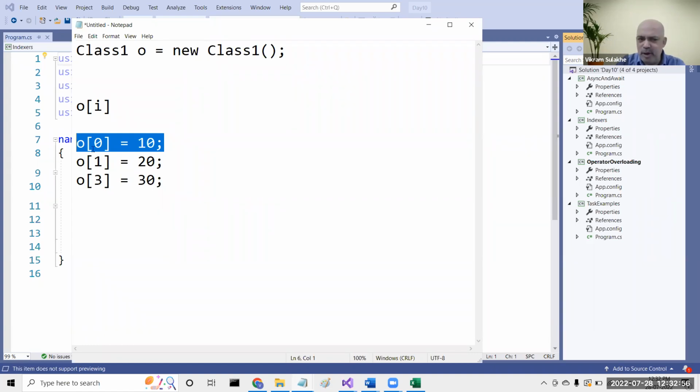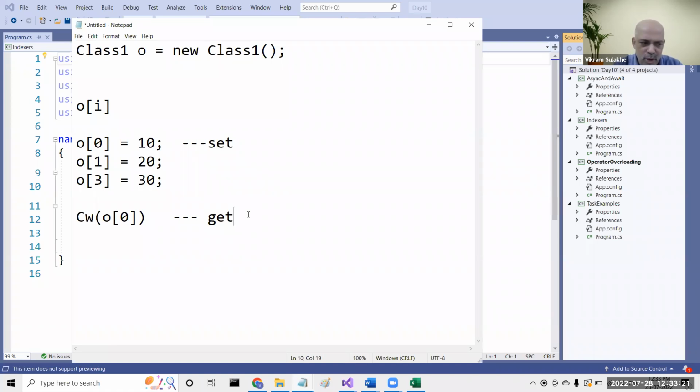For a property also, what were you doing? You were assigning it a value, or somewhere later you were doing a Console.WriteLine and trying to read a value from there. So in this case, for a property, this actually called your set, and this is actually called your get. And the same thing is true for an indexer. So if I have to write an indexer for my own class, if this is my class 1,